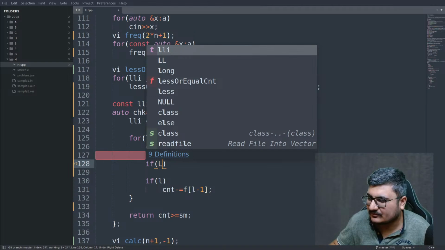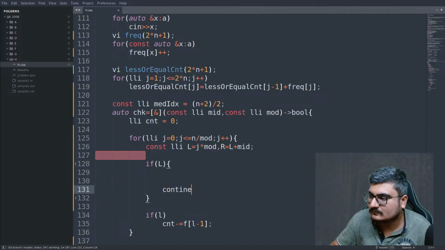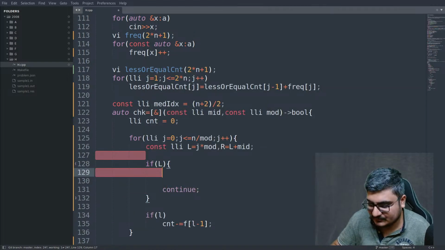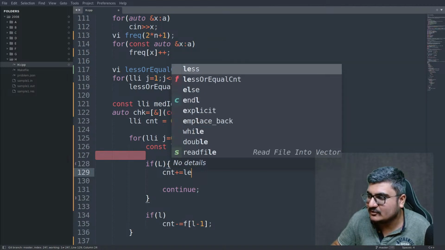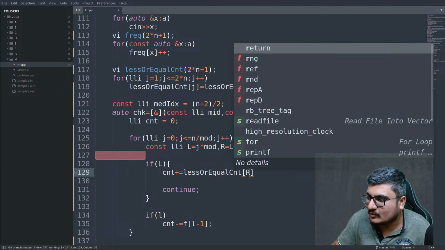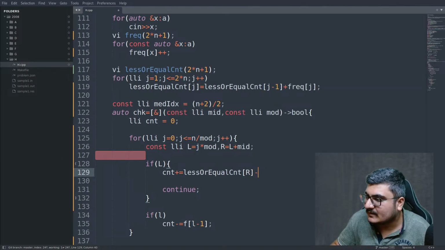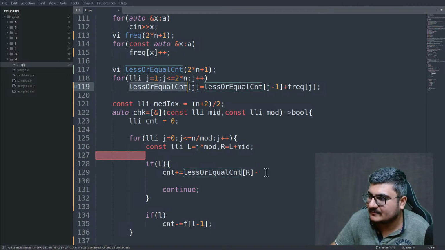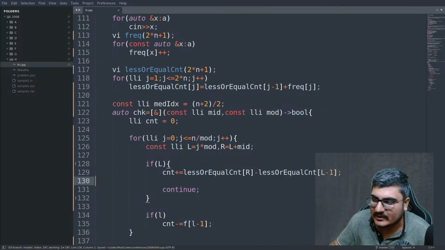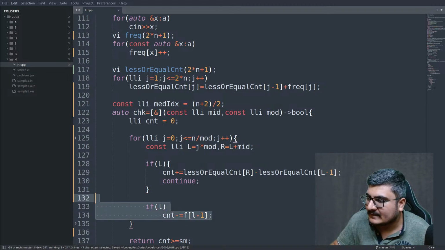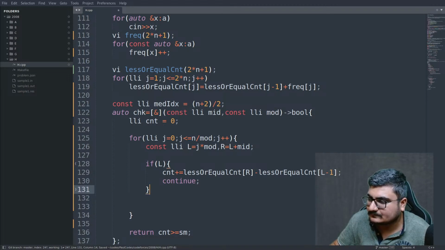If n is positive, then the number of values I have between L to R is the count of values less than or equal to R minus the count less than or equal to L minus 1. This is the count of values between L to R. And if L is 0,